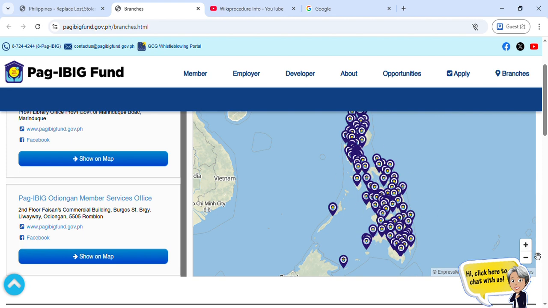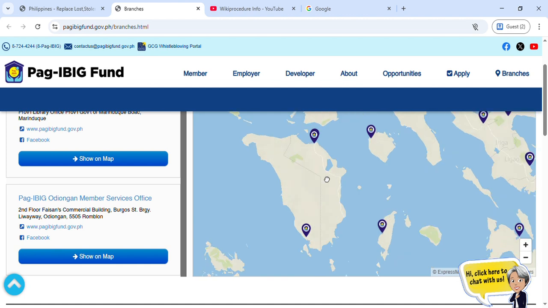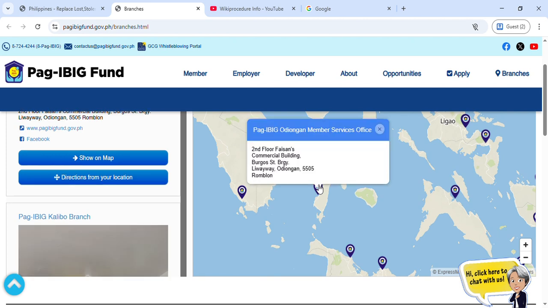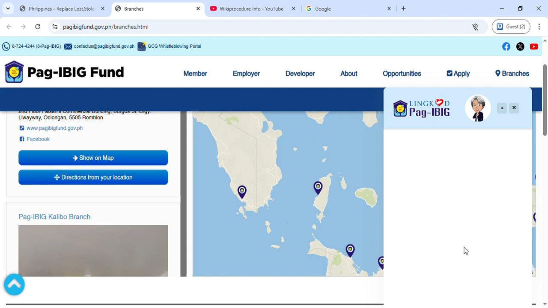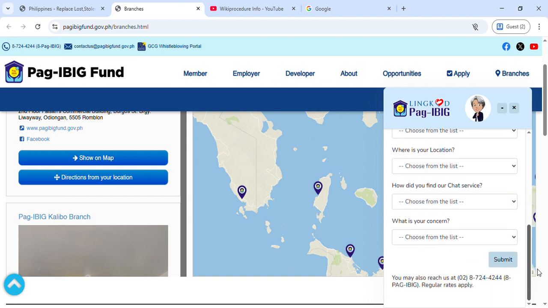And in this map, as you get closer into your location, you would be able to identify the place, where is your nearest option that you can approach. And also there is a chatbot that you can use. You just click on it, and you could chat with it. You enter your information, all these things. You choose all these things, and also click submit,